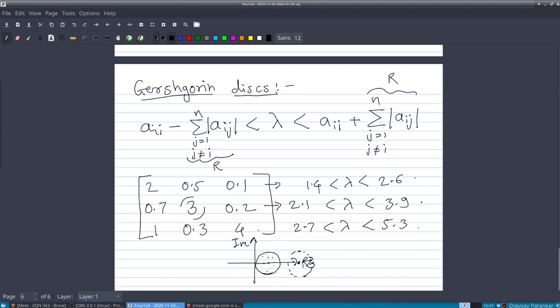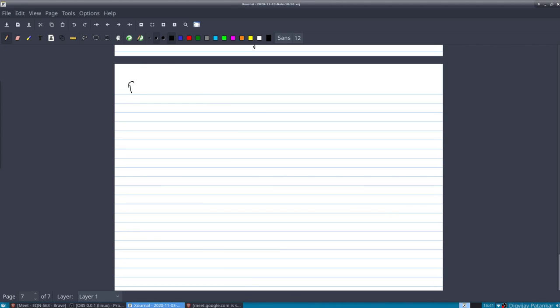There is another, systematic way of obtaining a shift parameter, which is important for us, and that is called Rayleigh's quotient. This Rayleigh's quotient gives us a very easy way of obtaining a shift parameter. So Rayleigh's quotient itself can be used as a shift parameter. Let us first discuss what Rayleigh's quotient is. Sir has used rho here, but I will use mu, because rho is not a good choice right now, as we have already used it somewhere else. So mu is the Rayleigh's quotient, or mu r, and that is given by,